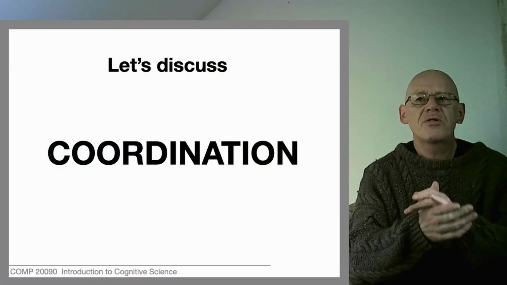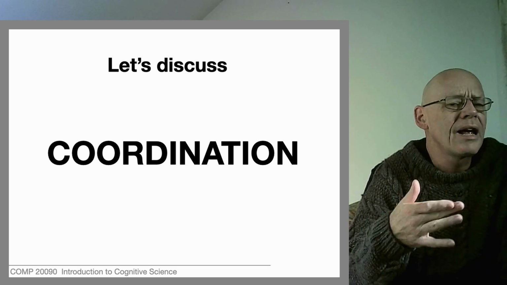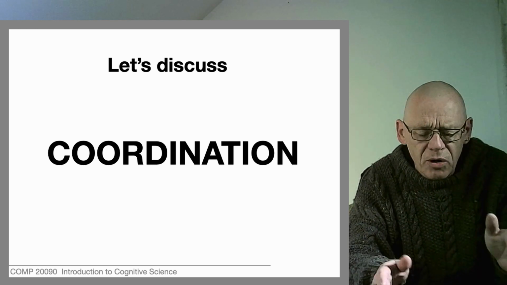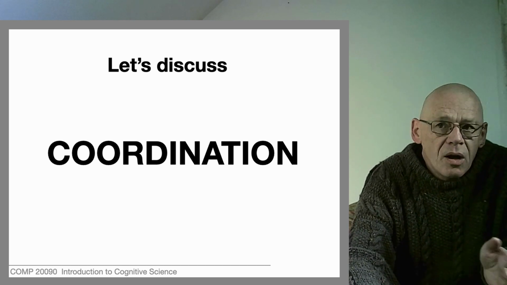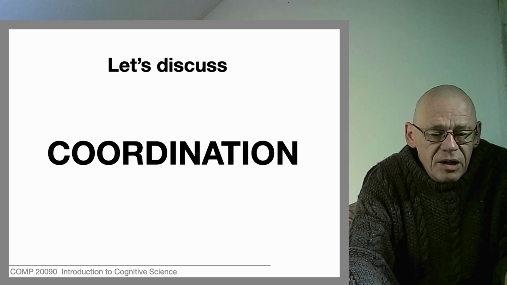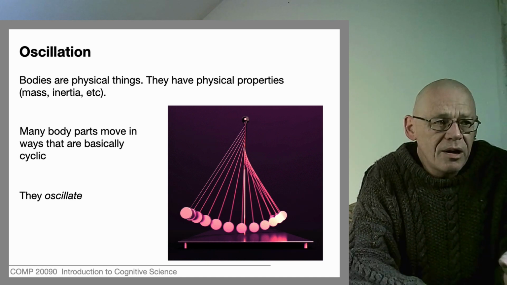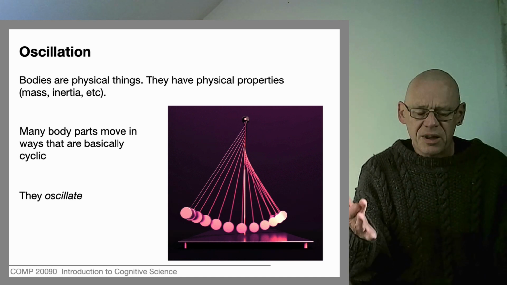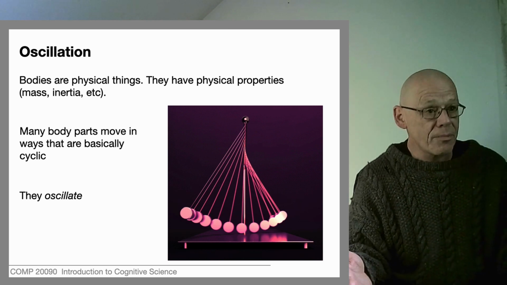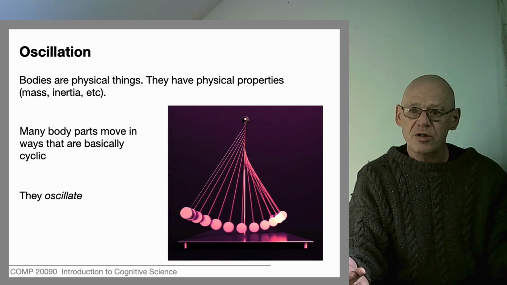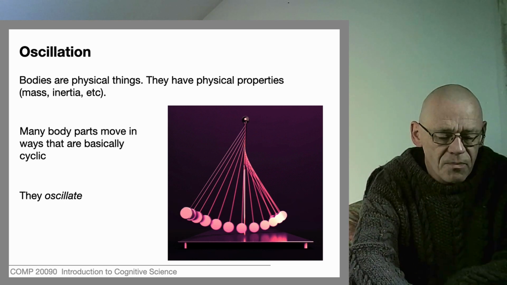So having left simple notions of control behind, we're going to see what kind of language we would use if we were going to talk about coordination and how we would study it and what we would pay attention to. One of the first things to note is that when we're studying movement, we're in the physical domain. We're looking at physical movement. Bodies are physical things, and your legs are much heavier and stronger than your arms, for example. And this influences movement because the limbs all have mass and inertia and so on.